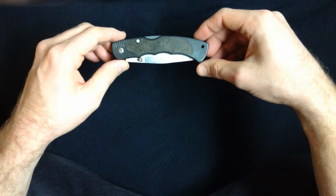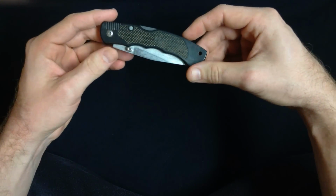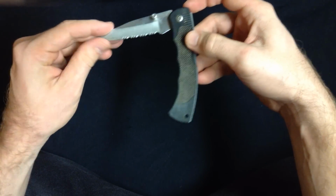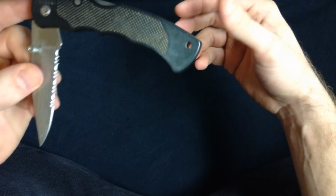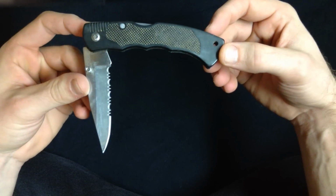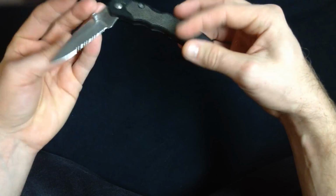First, I'll display the knives that I use very often. This is my pocket knife. It's a cheap $1 folder, and it's completely dull, and you can see that I use it for work a lot, and it's just my go-to pocket knife. I've never really had any problems with it, and